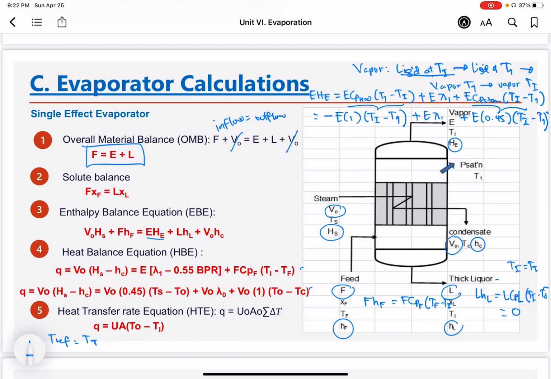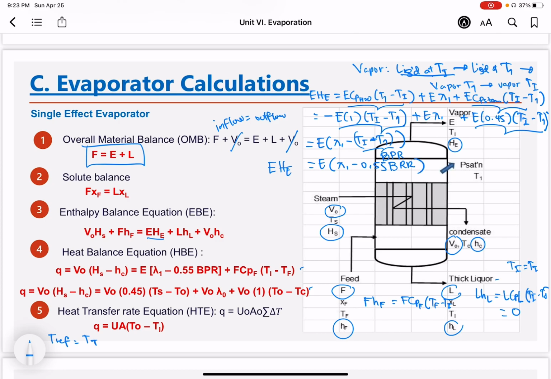Okay? And we know that this equation and this can be combined. So it's 0.45, negative 1 minus 0.45. So I would have, therefore, E, your EHE is equivalent now to E times your lambda 1 minus TI, T sub 1 minus T 1. And take note that this is equivalent to boiling point rise. That's why you came up with an equation that EHE is equivalent to E times lambda 1 minus 0.55, because I have negative 1 plus 0.45 of E, that is 0.55